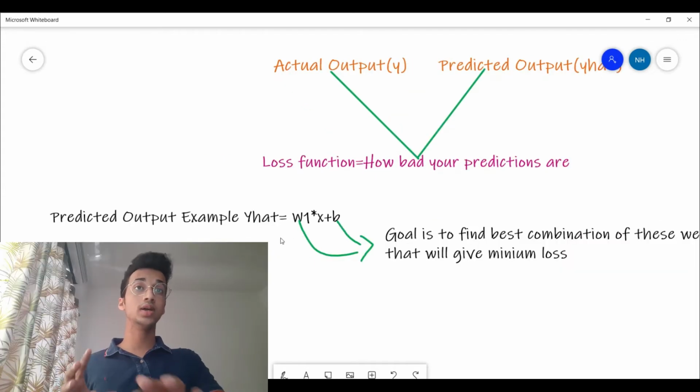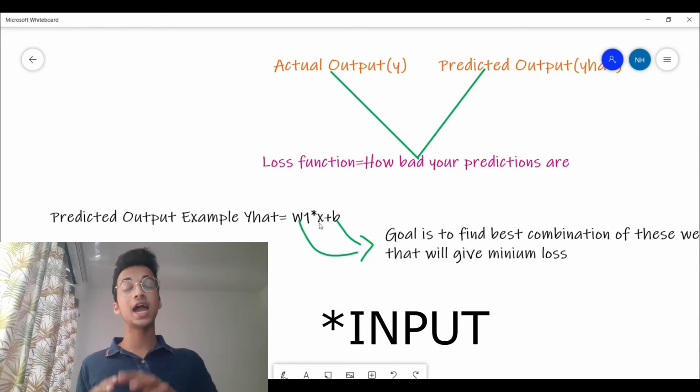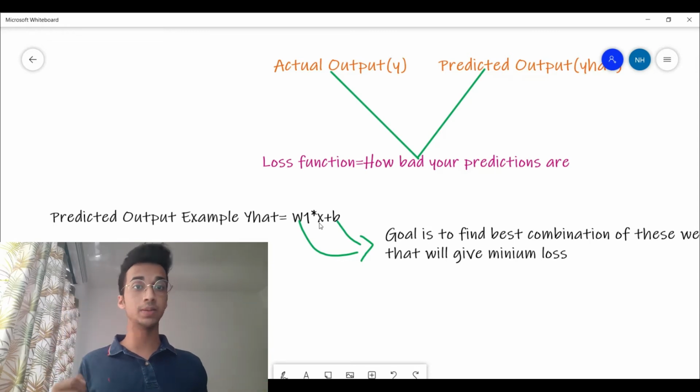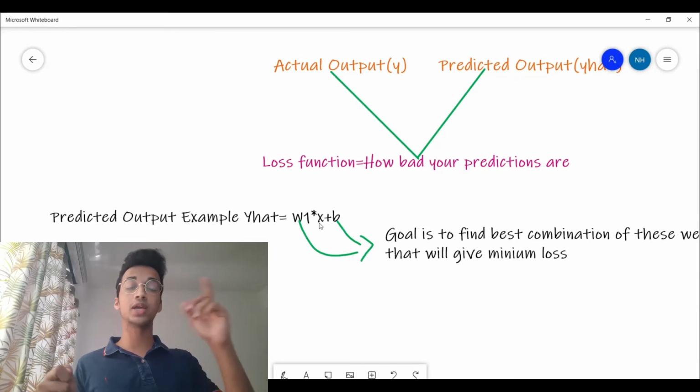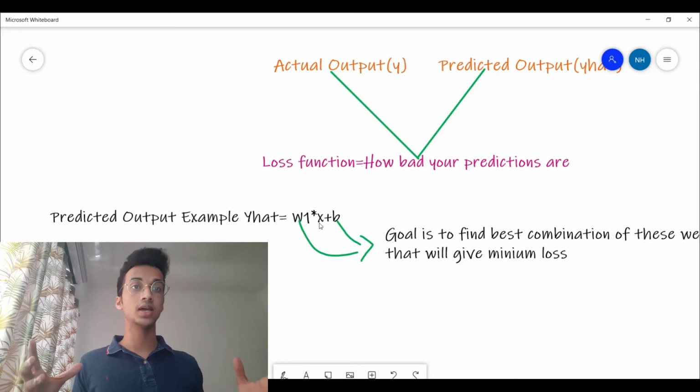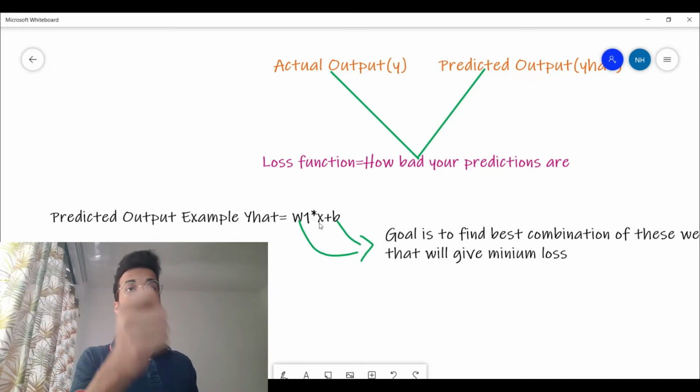So this equation over here is that of linear regression. So basically there is one input x, and to calculate the output, this model basically takes that input, multiplies by some weight, let's say w1 in this case, and adds some constant which is also called the bias. So in any machine learning or deep learning model, you have various inputs, and from these various inputs you have to calculate the output. For that, each input is assigned some importance, and these importances are nothing but the weights, right? So for linear regression, it just takes the input, multiplies by the weight, and adds the bias, and you get the output.